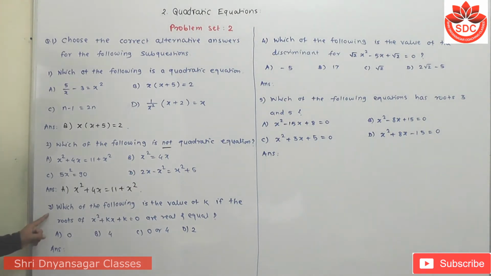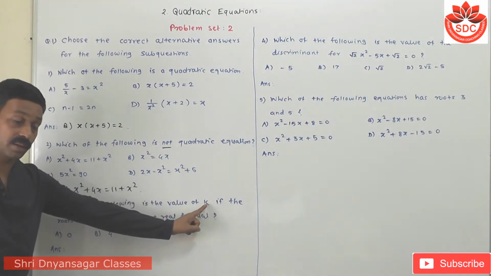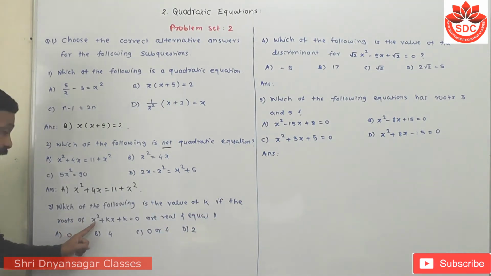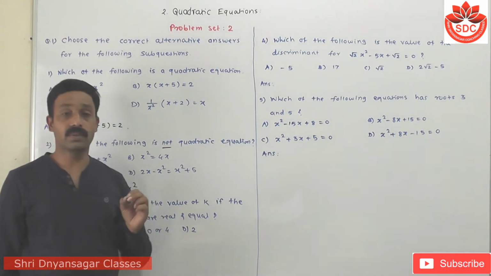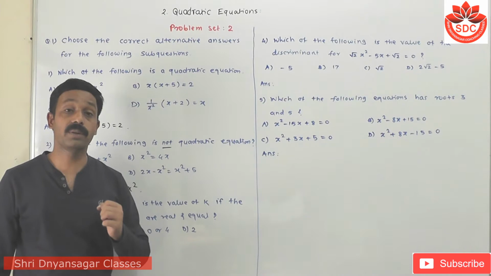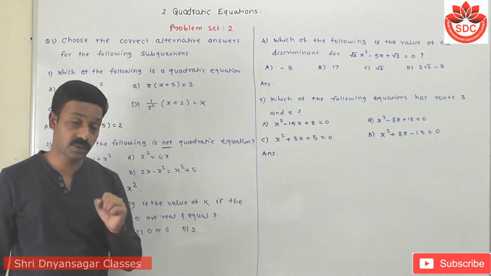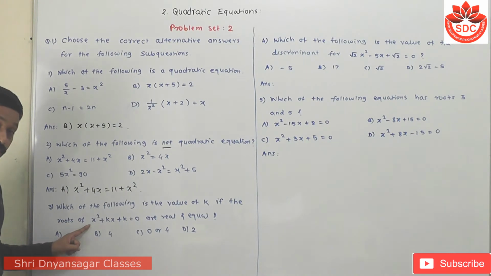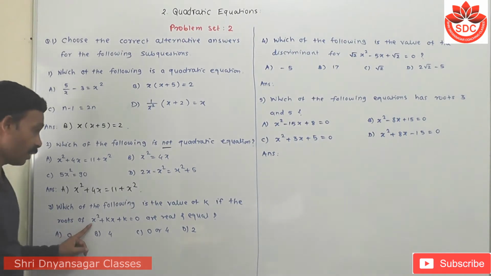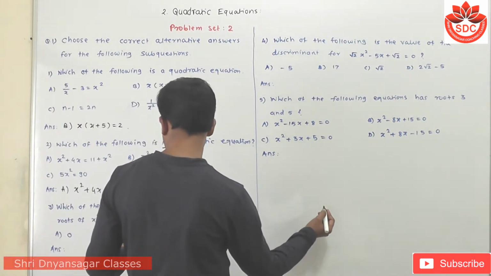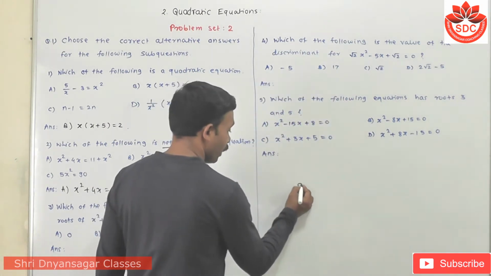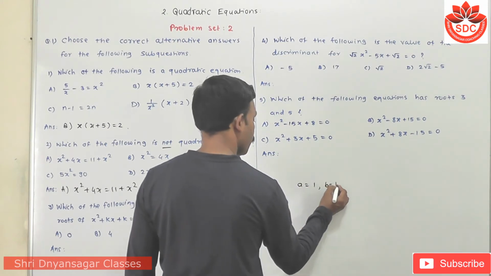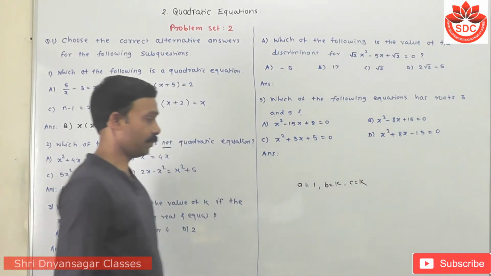Okay. Then we see the third one: which of the following is the value of k. k ची value काढायची, if the roots of x square plus kx plus k is equal to 0 are real and equal. We know that students, if the roots are real and equal, then the value of the discriminant, that is delta, is equal to 0. So first we compare this. Such equations you have to solve on your rough page. Now here I have to solve x square plus kx plus k is equal to 0. By comparing this with the standard form, the value of A is equal to 1, B is equal to k, and C is also equal to k.